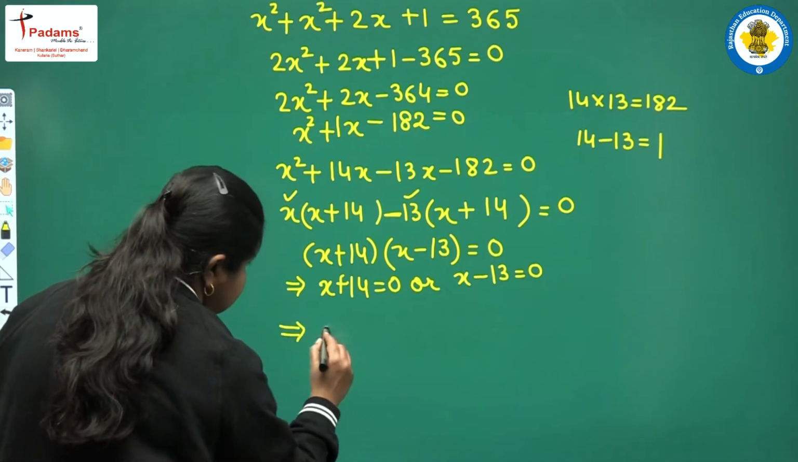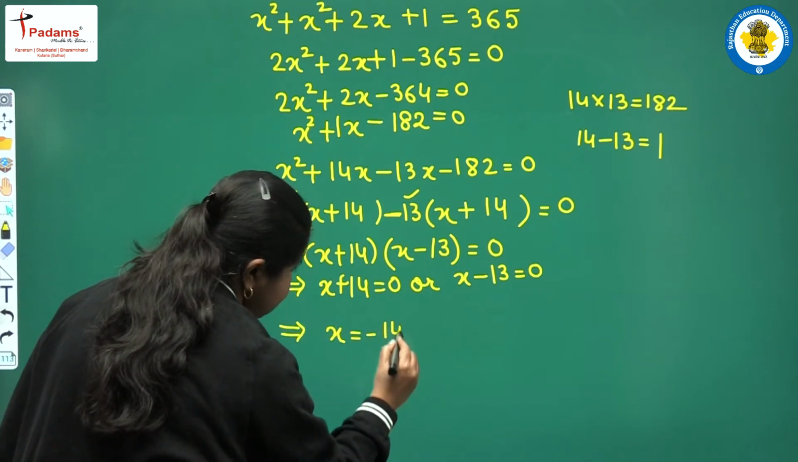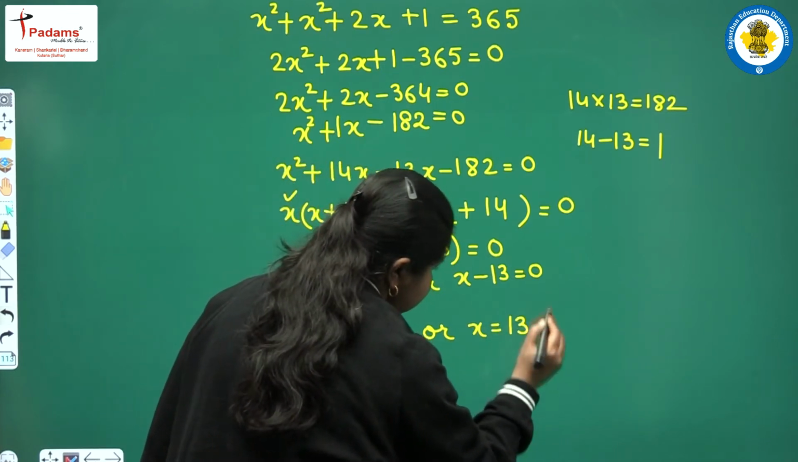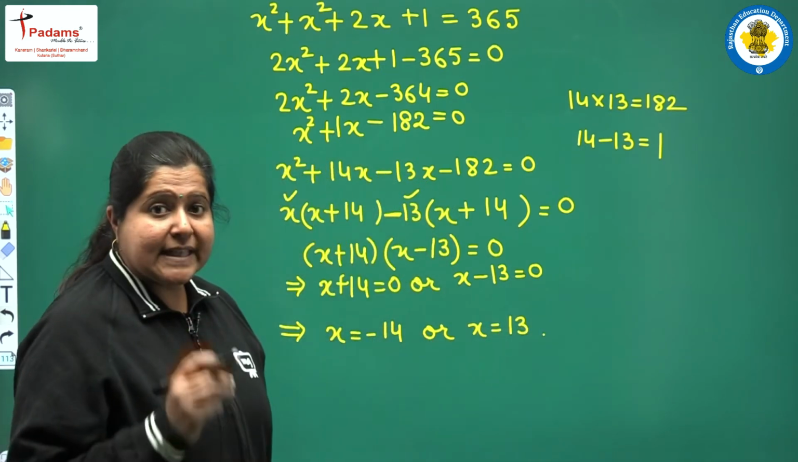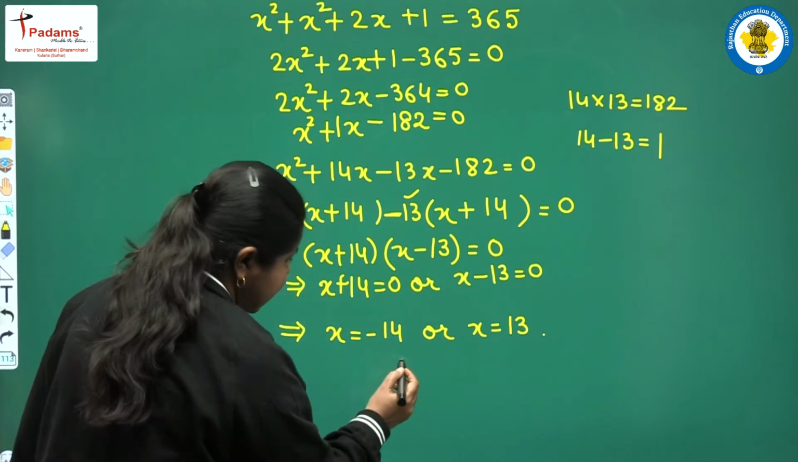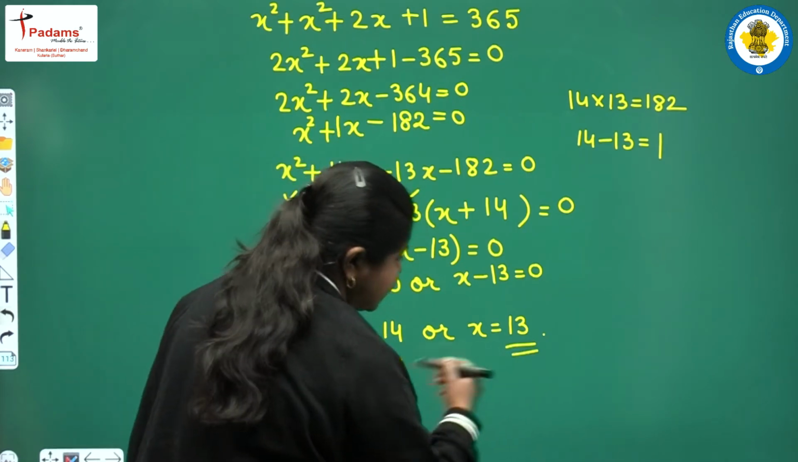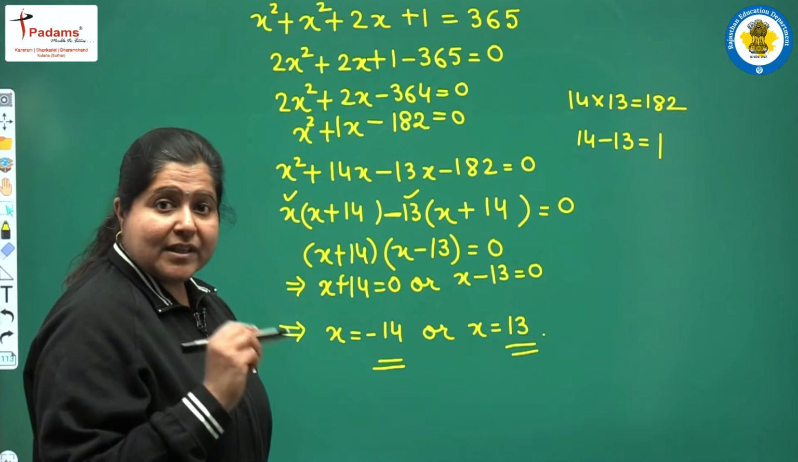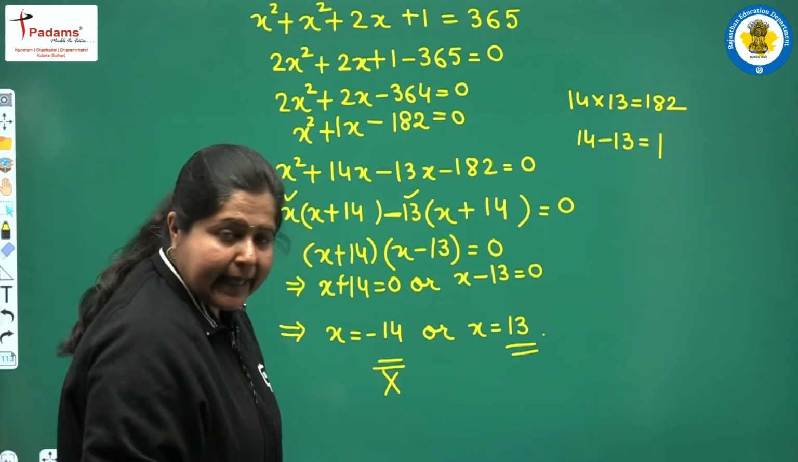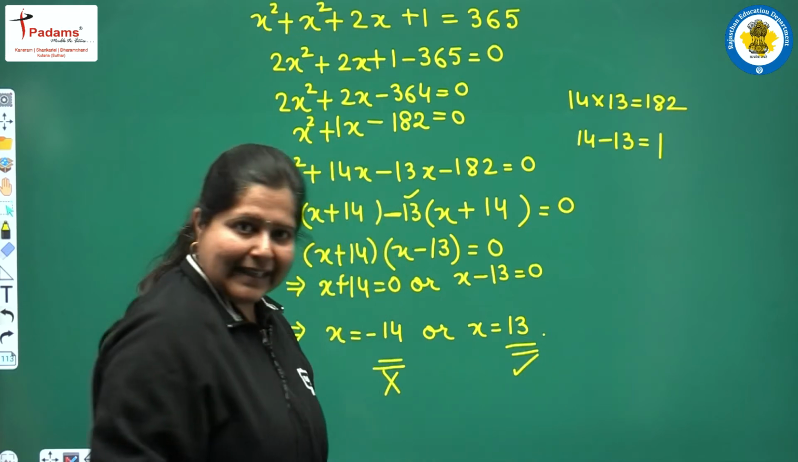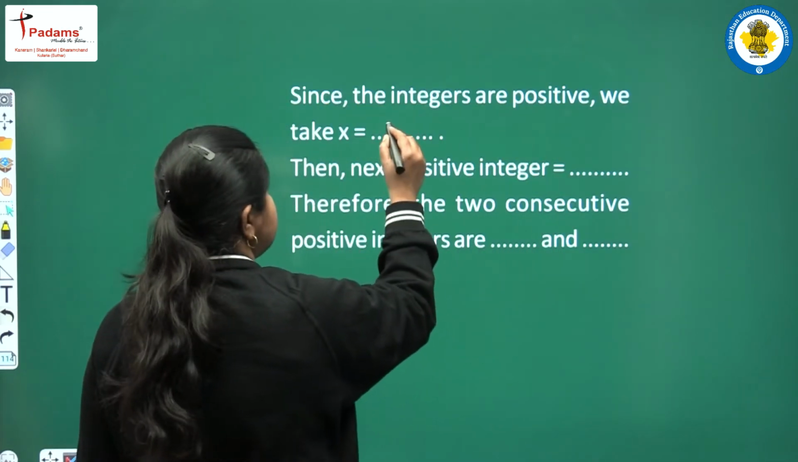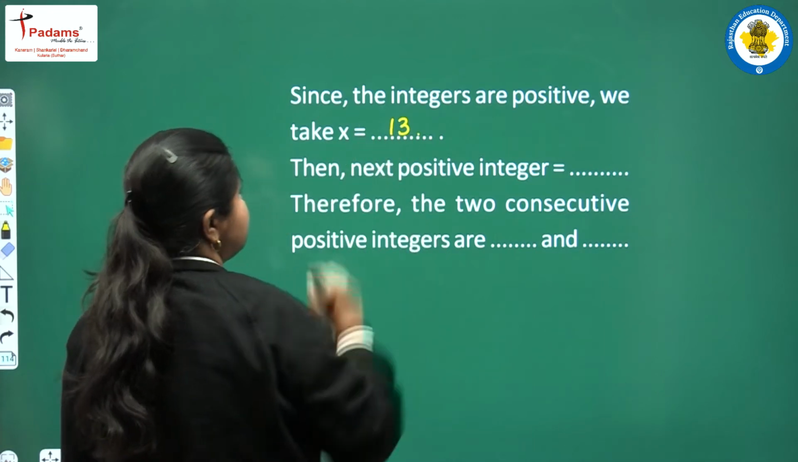This implies x is equal to -14 or x is equal to 13. Now in the beginning of the question it has been said that the integers are positive. तो यहाँ हमें मिल रहा है एक नेगेटिव इंटीजर और एक पॉजिटिव इंटीजर. तो क्योंकि क्वेश्चन में दिया है इंटीजर्स आर पॉजिटिव, तो हम इस वैल्यू को कंसिडर नहीं करेंगे, सिर्फ इसी वैल्यू को कंसिडर करेंगे. So we can write, since the integers are positive, we take x equal to 13 and so